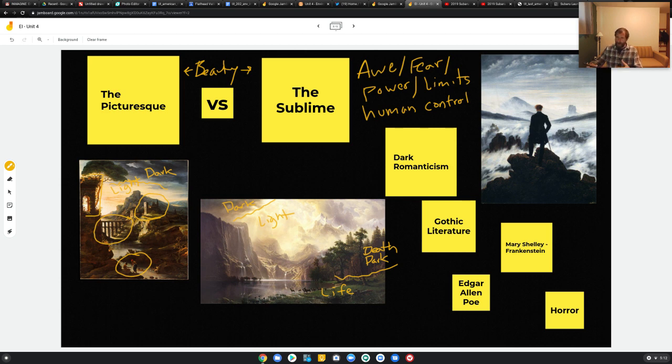We walk right up to our mortality and we look off and we can see the limits of our own power, because one step forward and we cease to exist, or at least in this form, we cease to exist. So that's the sublime. The sublime can also be, obviously, we have cliffs here, lots of cliffs in romantic landscape